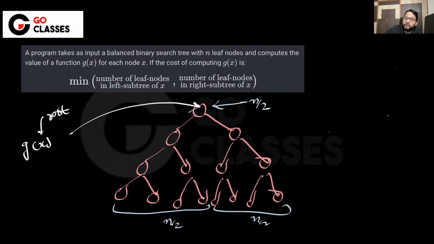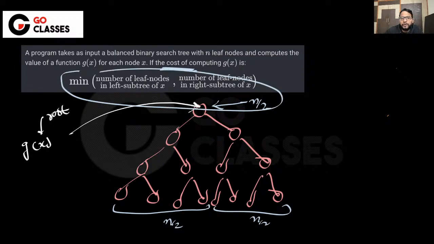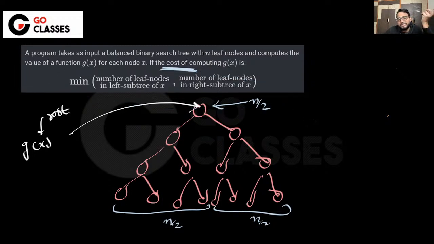Now the important point which almost all of the students miss is that gx is the cost of computing. Gx is not this function whichever is given to you. I don't even know what gx is. There is some gx that they want to calculate. I don't know actually, to be honest, because that is not given in the question. All I know is that the cost of computing gx is something which is this one, right? This is the cost of computing gx. That's all I know. What is gx? I don't know. So I don't even worry about it, because